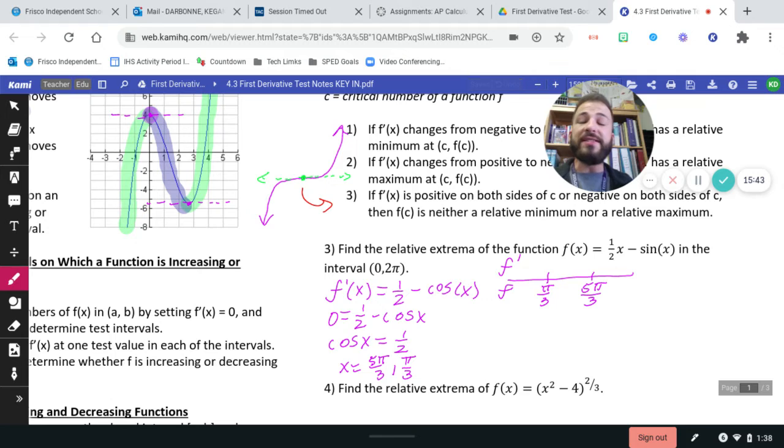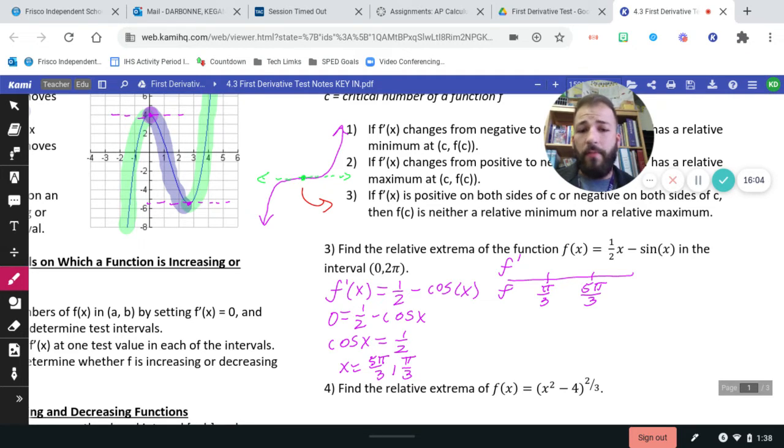What are our easiest numbers to plug in? 0, pi over 2, pi, 3 pi over 2, 2 pi. Your quadrantal angles, where it's just going to be 0 or 1, that's going to be the easiest. Make your life easy. You get to pick any number on this interval. So what's a number in between pi over 3 and